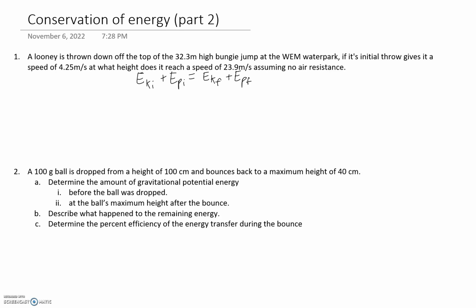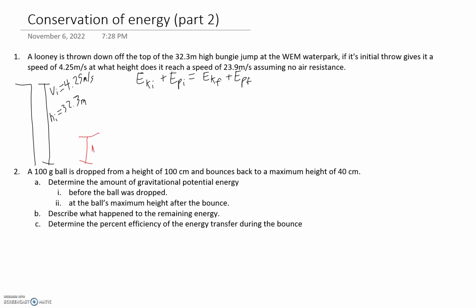So a loonie is thrown off the top of the 32.3 meter high bungee jump at Wested Park, a water park. If its initial throw gives it a speed of 4.25 meters per second, what height does it reach a speed of 23.9 meters per second? So basically here at the beginning, it has an initial height of 32.3 meters. It also has an initial velocity of 4.25 meters per second. And so the question is, at some point, whatever that point might be, it's going to